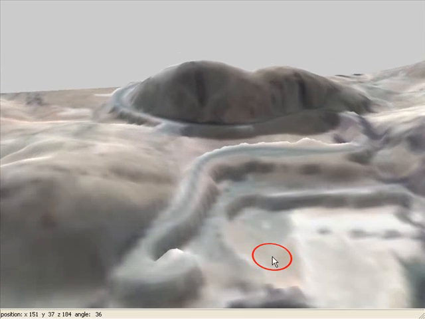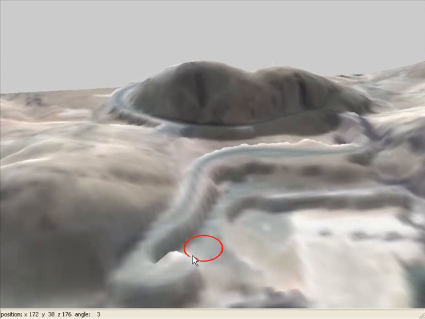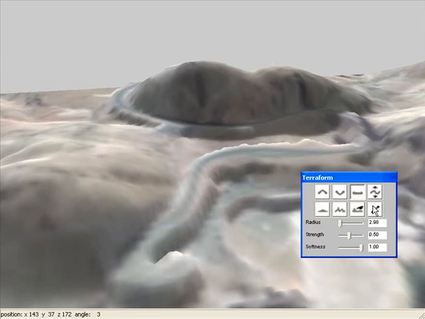Okay, back down to the lower part of the road. I have two different heights in my roads now, and I want to join them together with a nice gradual incline. And to do this, I'm going to use the ramp tool. So I'll select the ramp tool,